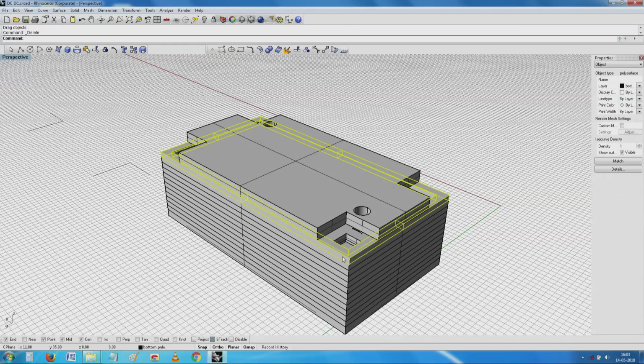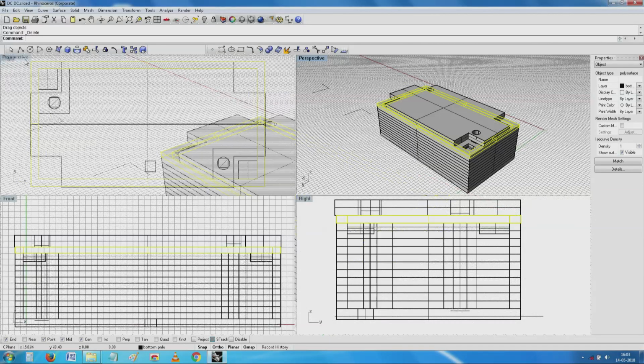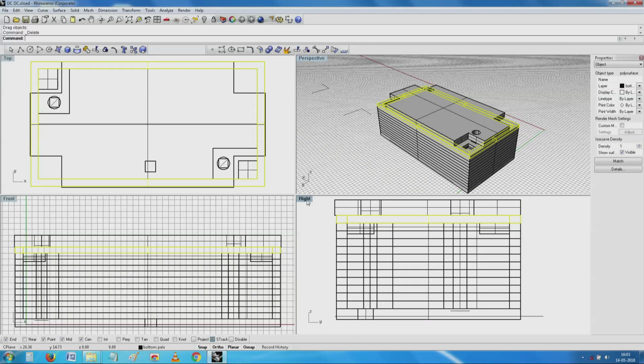So, I will just take this small thing up a little, make it flush.